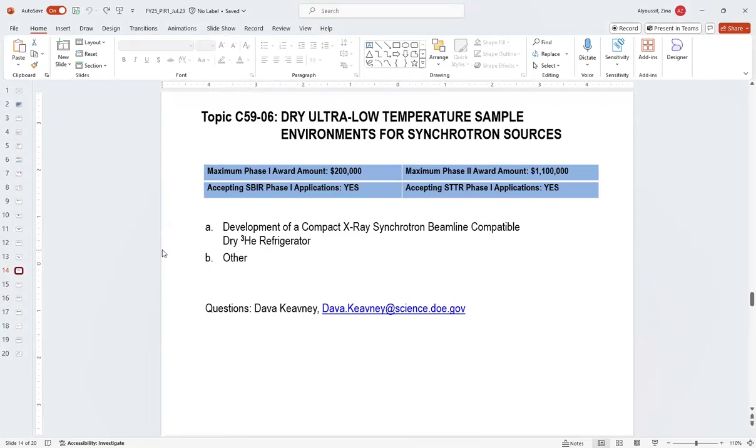So for deliverables, phase 1 will be for design and modeling and then simulation to develop and theoretically verify a system capable of meeting these critical specifications. Potential fabrication of partial components for testing with the existing systems or a beamline test of beam system interactions. So that's phase 1. Phase 2 will be for the fabrication of a complete prototype system,